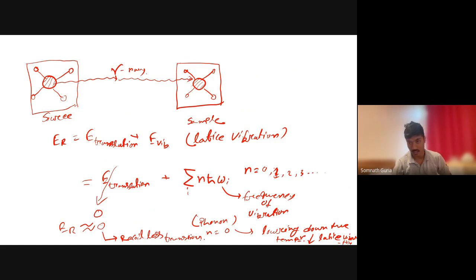But we will not get a perfect recoilless transition because we are not going to absolute zero. Until absolute zero, there will be lattice vibration, and that lattice vibration is responsible for some recoil energy, and we lose some recoil energy. So at low temperature and in the solid matrix,